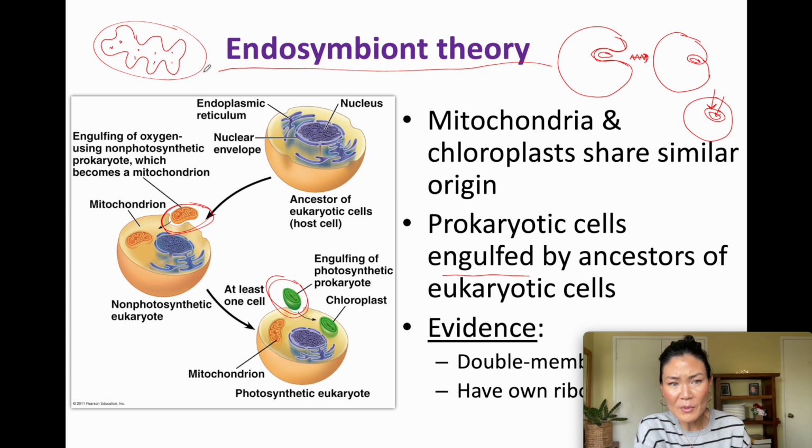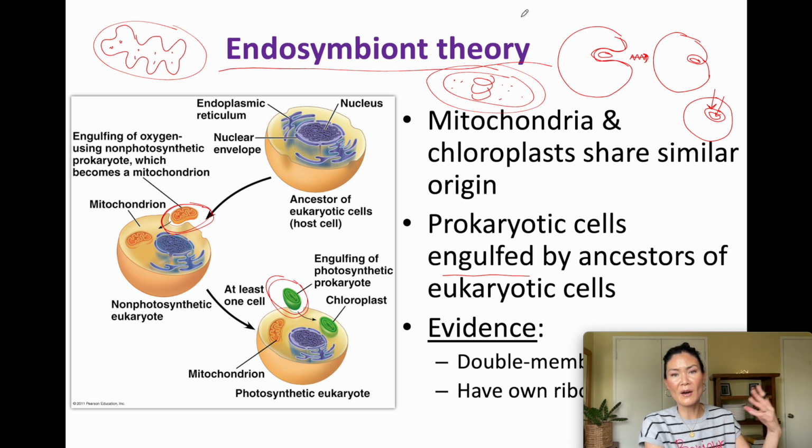Same with chloroplasts. I'll just draw the chloroplast here. So you have the double membrane. And then you have the thylakoids, those little flat M&Ms, okay? You have ribosomes that are just floating in the stroma of the chloroplast. And they too are nothing like the ribosomes on the outside of the chloroplast. The sequence of the RNA within the ribosomes is much more similar to the RNA sequence found